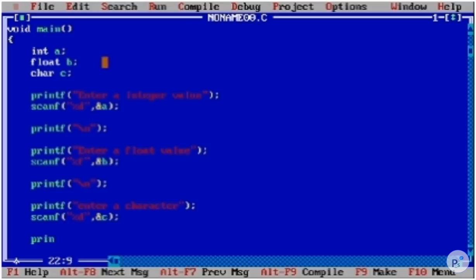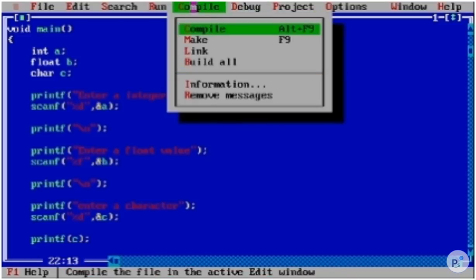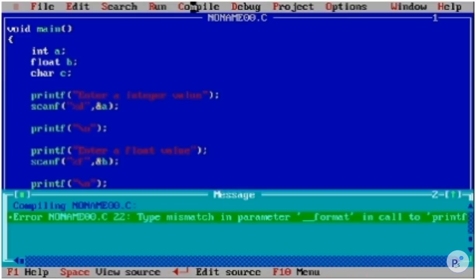Let's print this. For printing, simply pass the variable name c without the double quotes. Okay, let me save this. Yeah, when you are printing it, it will show an error.